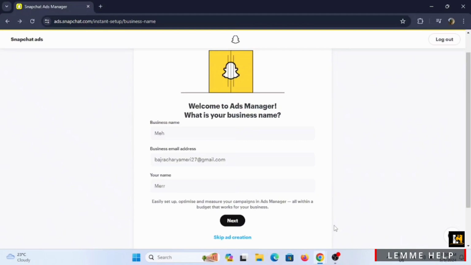Starting off, you need your hands on Snapchat Ads Manager. For that, open up a browser and head to ads.snapchat.com. You'll be redirected to this page where you have to fill out your business name, your business email address,